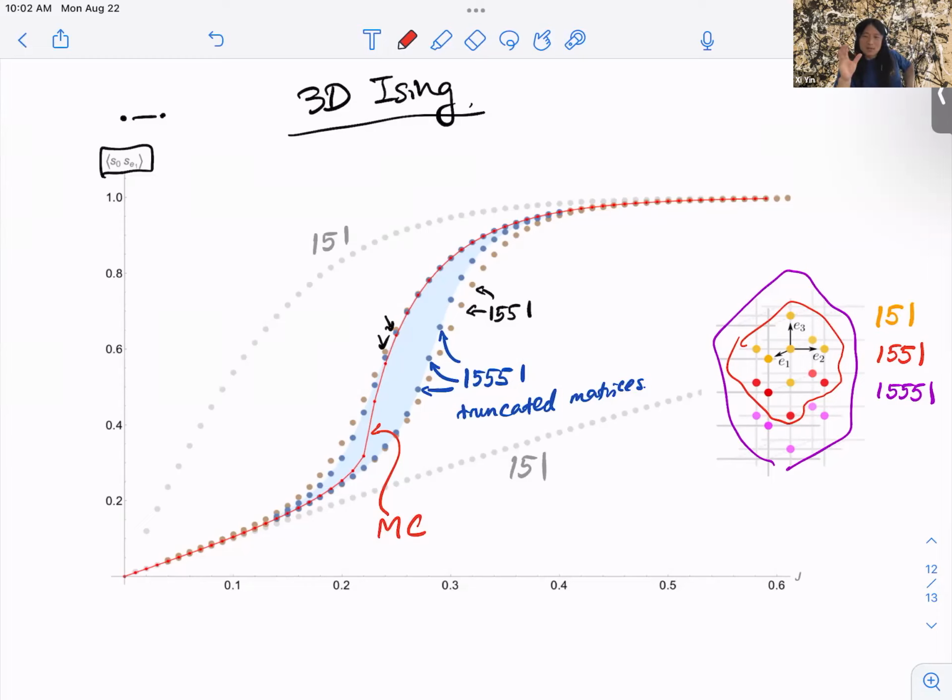So maybe these matrices have some small eigenvalue, or some eigenvector whose eigenvalue will go to 0 as you take the region to be bigger and bigger. That suggests the possibility of some kind of approximate null states. Now, in the Ising bootstrap story, one understands that there's a notion of a null state due to the equation of motion, but the equation of motion has already been taken into account in these Schwinger-Dyson equations.